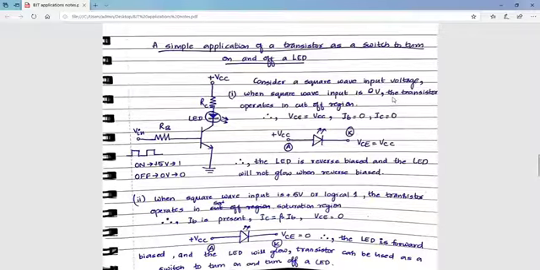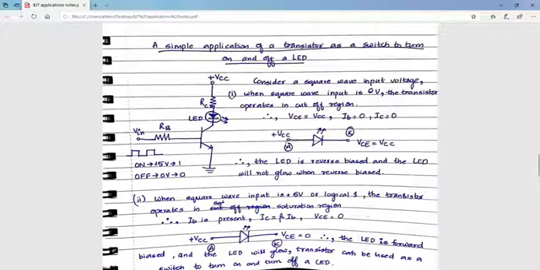So when you connect a square wave as an input, and if you give the input as 0 volts, we know that the transistor will operate in the cutoff region. So in the cutoff region, IB is 0. If IB is 0, IC will also be 0, because your input voltage is 0, and that will result in VCE equivalent to VCC, which we saw in the previous concept.